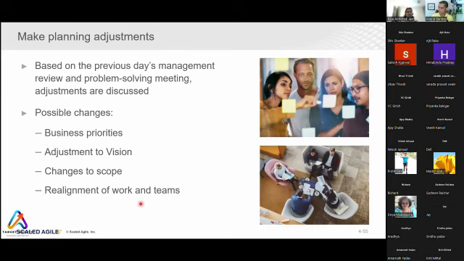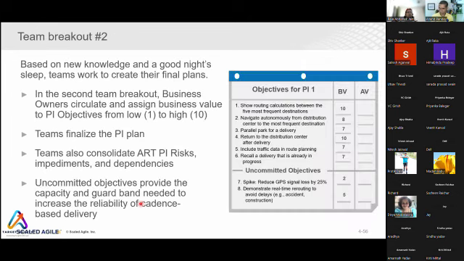They may say that some team members will go to this team, and some team members will stay here. They can change the scope also. Adjusting the visions is possible, and changing priorities and decisions is possible. Anything is possible. That is the input for your second breakout. Whatever knowledge you have, after a good night's sleep, you work on the final